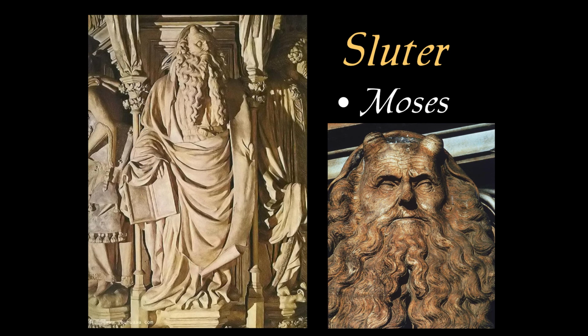Here's Moses. And of course, Moses is a remarkable figure. You have extremely naturalistic detail. You have this great swathe of drapery that wraps the body, and makes it look extremely solid, extremely volumetric. And there's 2 ways we know he's Moses. One is he's holding the tablets of the law. One might assume that there might have been some inscription on that at one point that now has faded away.